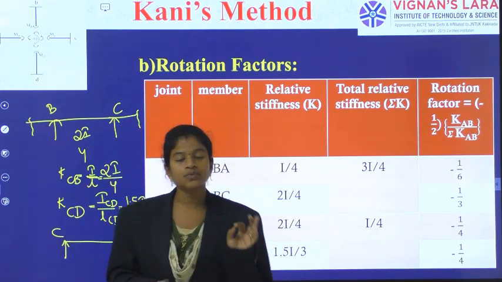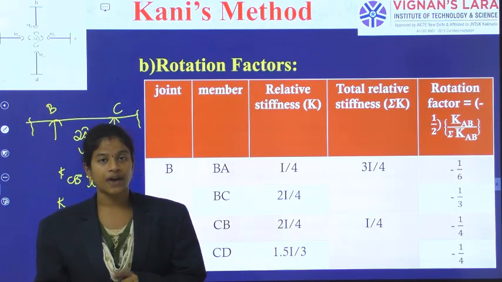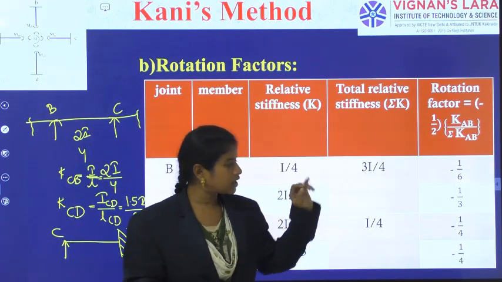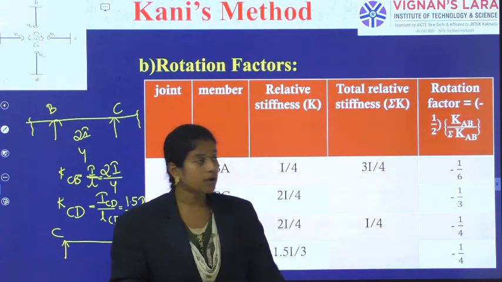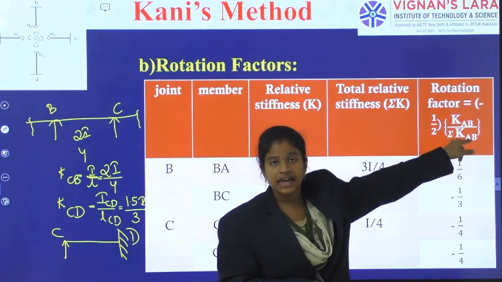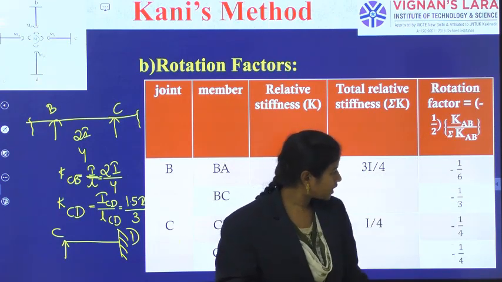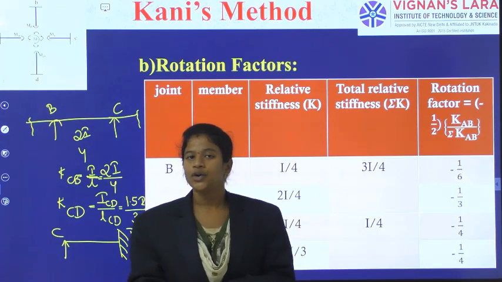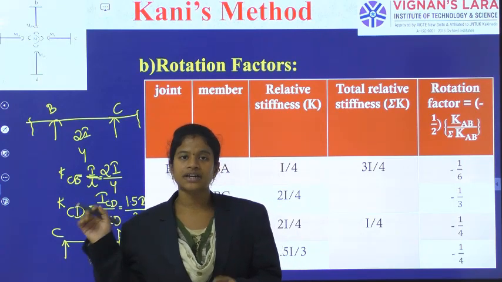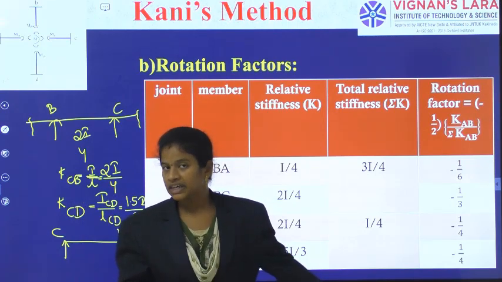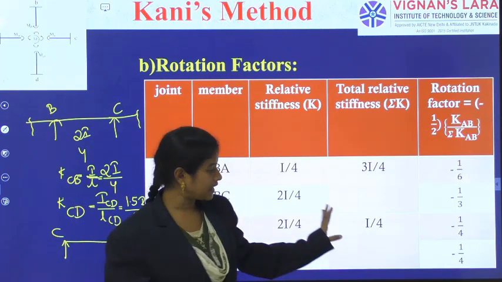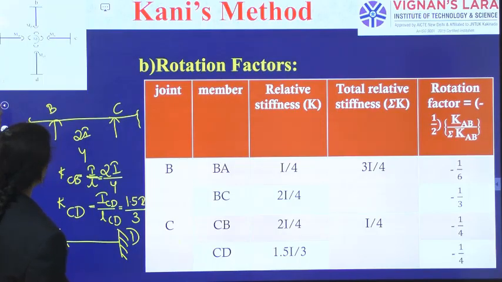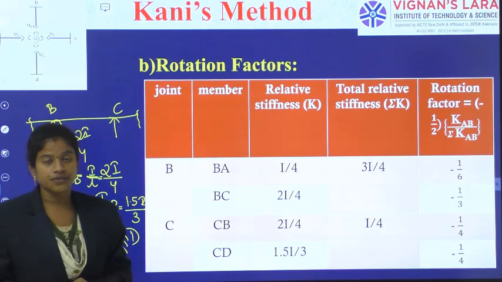Then we have observed, once we have calculated the particular member's rotation factors, these two summations should be equal to minus half, because the ratio cancels. There is no special case for the summation of the rotation factors. For distribution factor, the summation should be equal to 1. Here I am not having anything, it is simply a value. So the calculation of the distribution factors was over.